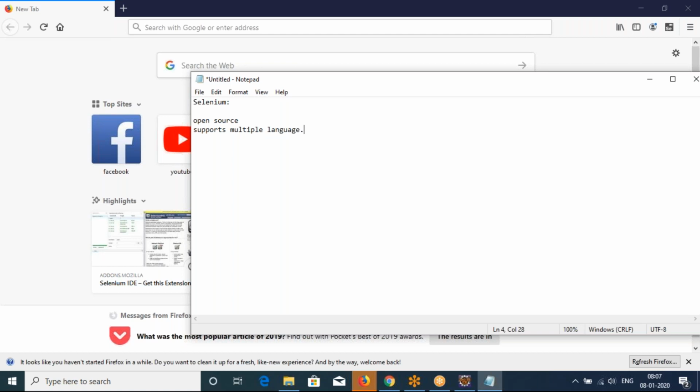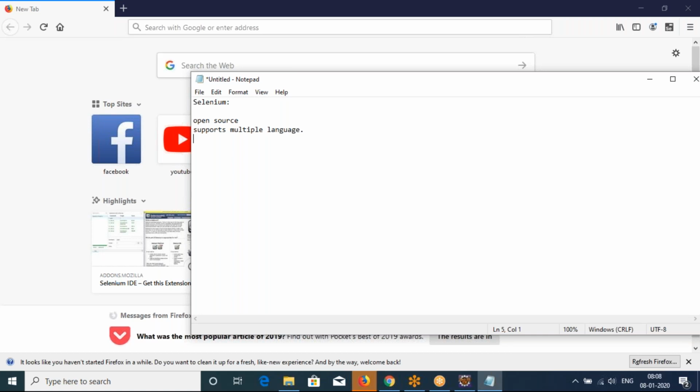It is a web automation testing tool, and you can even automate desktop applications, but with the support of third-party tools.